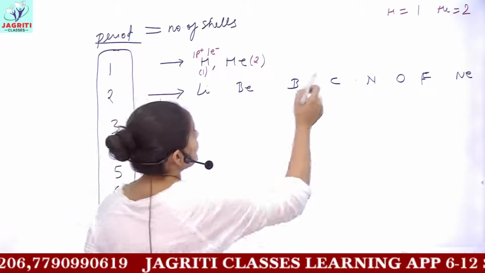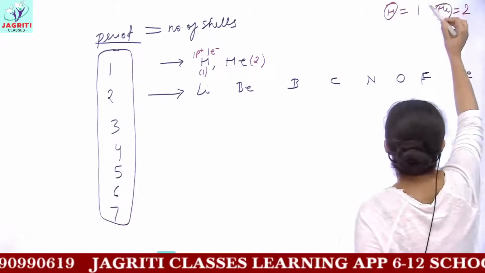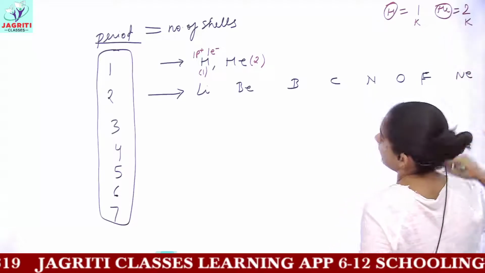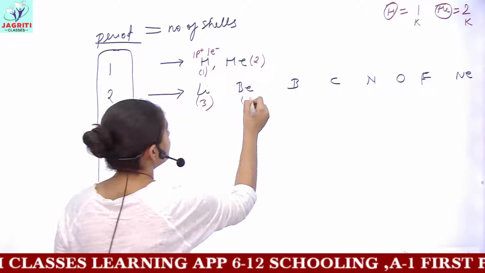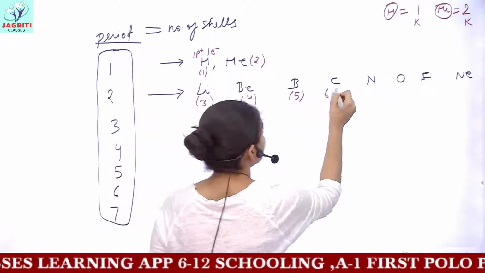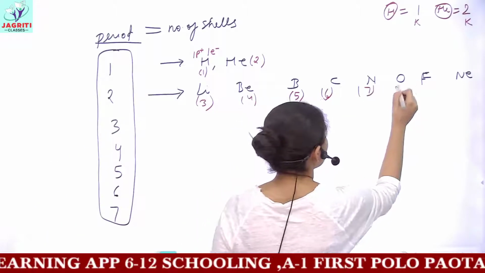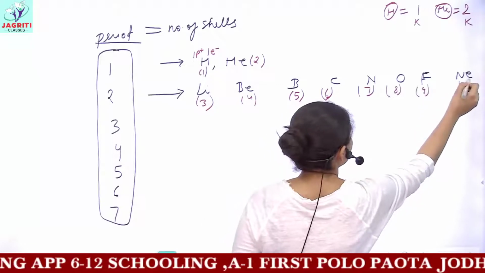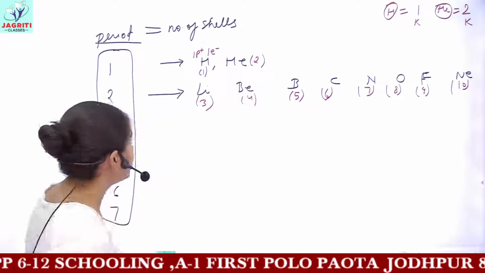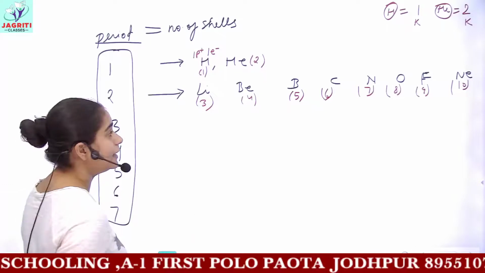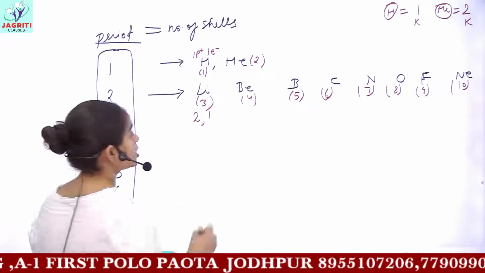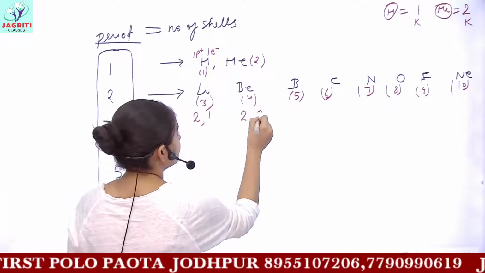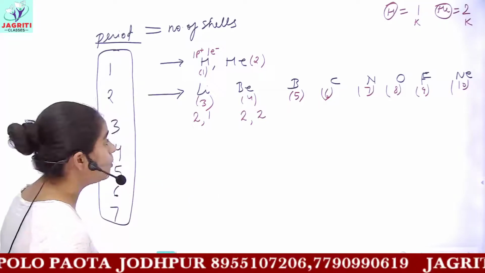So this means that both hydrogen and helium contain only the K shell. Coming to the next, their atomic numbers are respectively 3, 4, 5, 6, 7, 8, 9 and 10. If I write their electronic configuration, for 3, the electrons will be arranged, first 2 in the K shell, the remaining 1 in the L shell. Then for 4, the electronic configuration would be 2, 2.